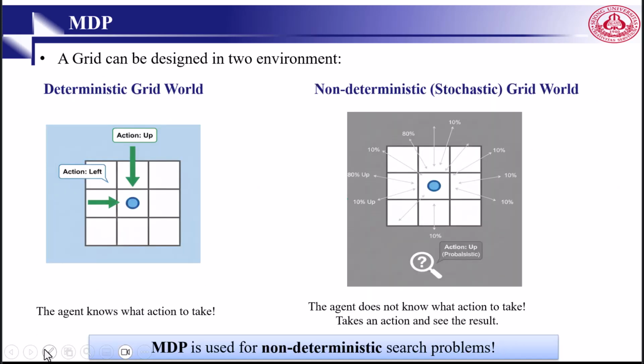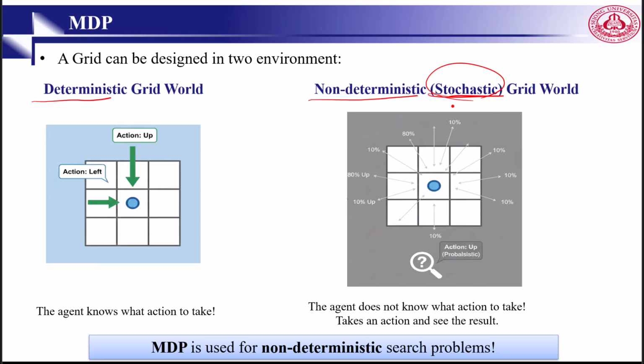We have two kinds of grid board: deterministic and non-deterministic, or you can say stochastic. In a deterministic grid board, every action leads to a predictable outcome, transitions are consistent, and they are noise free. This is convenient for illustrating concepts, but real environments are almost never purely deterministic. In the deterministic case, the agent knows exactly what will happen. However, in the stochastic case, the agent must plan under uncertainty. In this case, MDPs are essential because they explicitly model this uncertainty, and they allow us to compute an optimal strategy despite it. So once again, real-world environments are inherently noisy.